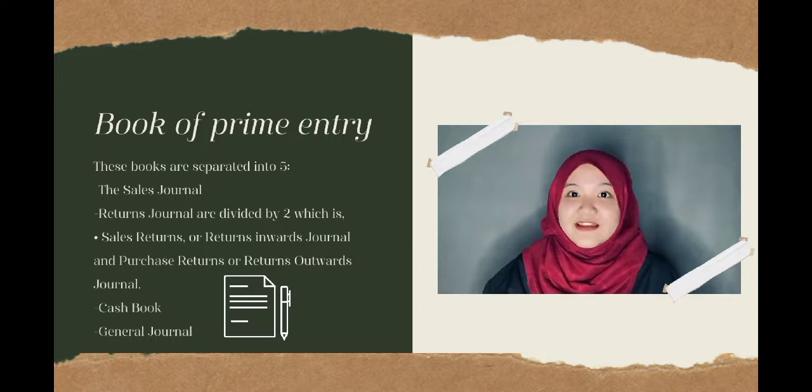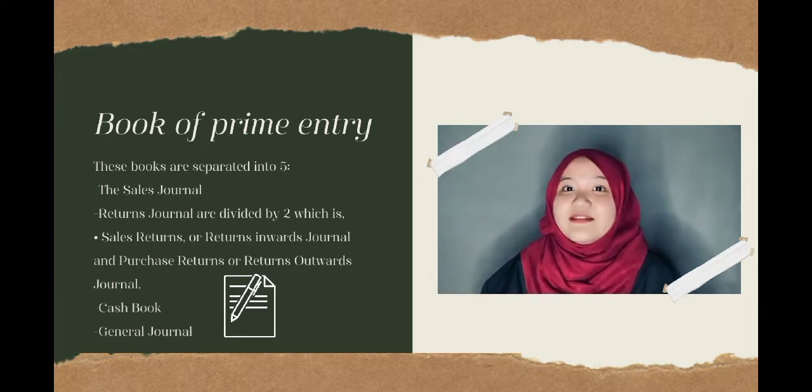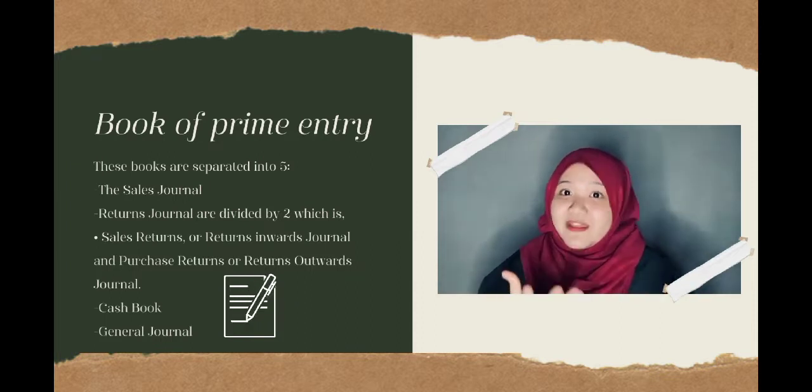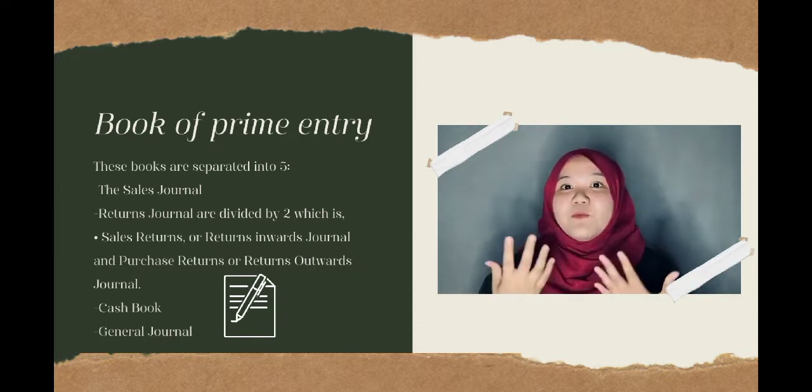And last but not least, general journal. The general journal is where the transactions made by the business are entered. This is recorded chronologically, showing an explanation of the transaction, which account is affected, the amount, and whether those accounts